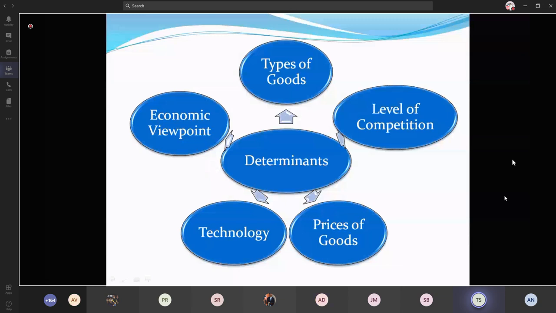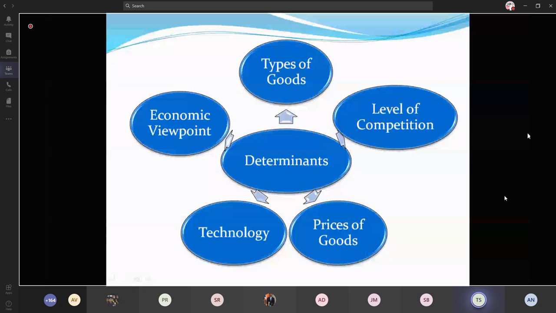Through demand forecasting, we can get information about all these, the demand, substitutes, complementaries and the competition, competitive price, all for an established commodity. But on the other hand, it is different for the new ones. So this forecasting is different for different types of goods. The type of goods also affects the demand forecasting.